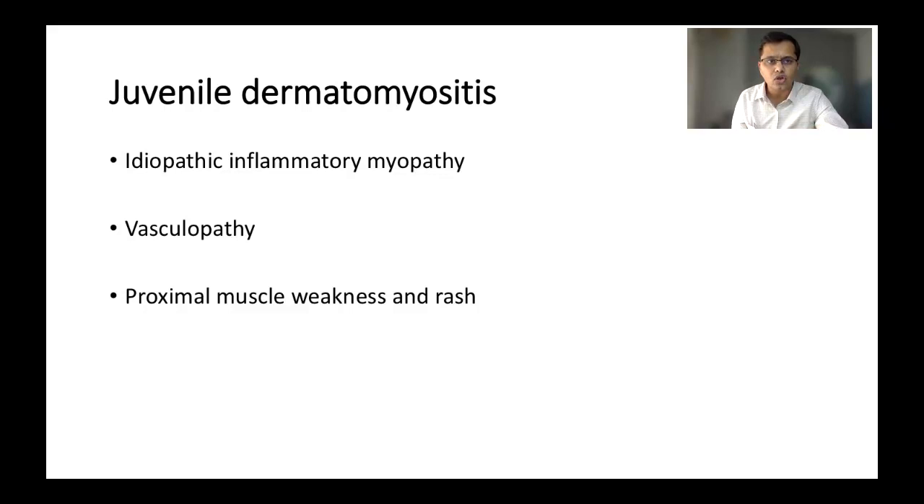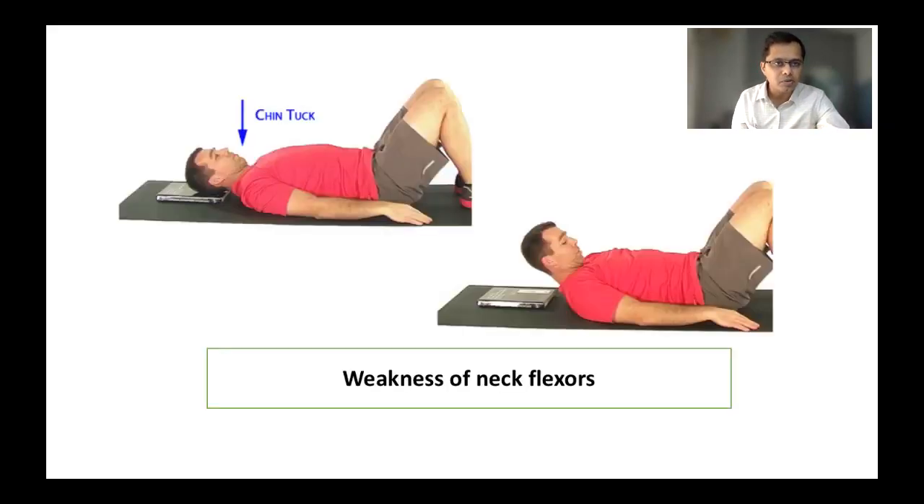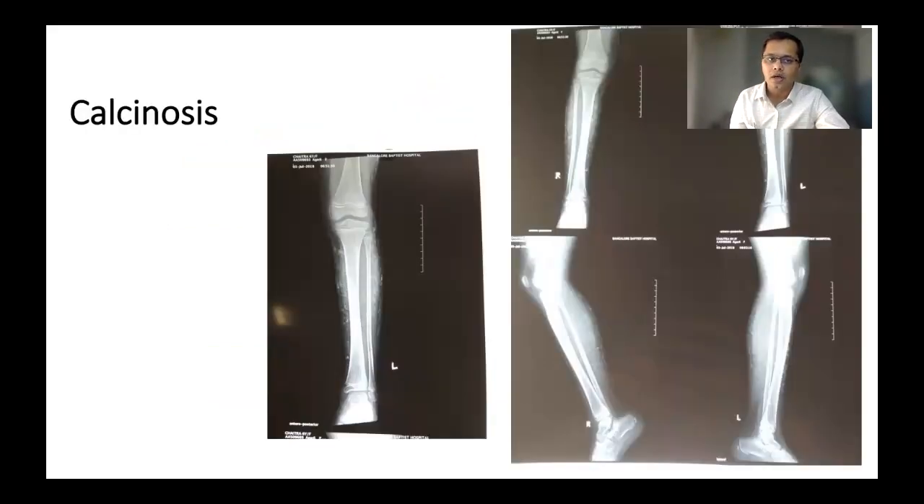In fact, it's a vasculopathy that affects the vessels of the muscles and the skin, and children present with proximal muscle weakness and the rash. But one of the very important clinical signs is to look for neck flexor weakness. As you can see, when children or adults are made to lie down and asked to lift their head, if there is weakness here, this is what we call neck flexor weakness, which can be an early sign to diagnose this condition. If not diagnosed in time, these patients can develop horrible calcinosis, as you can see in these